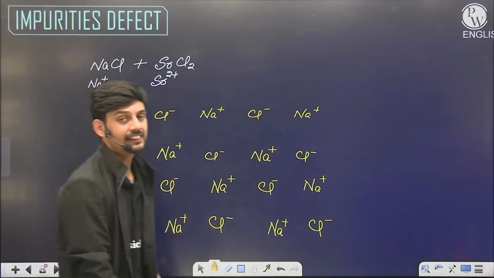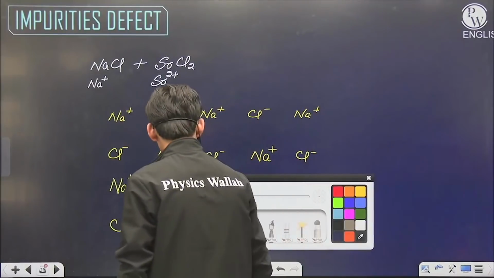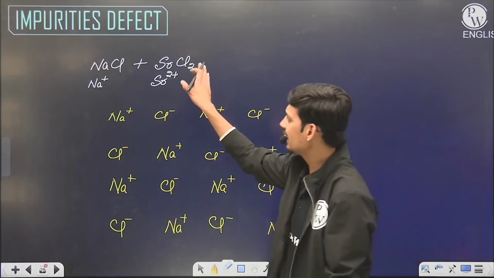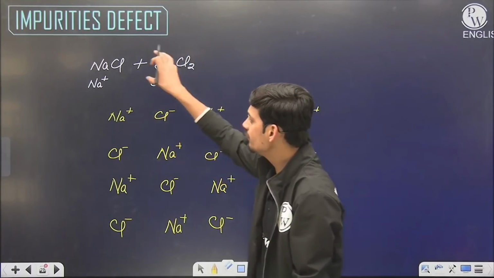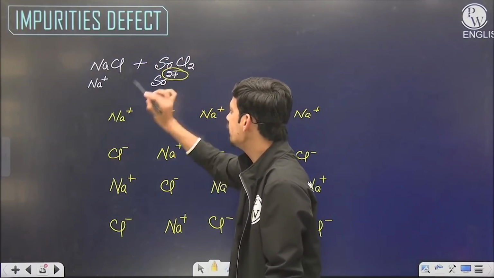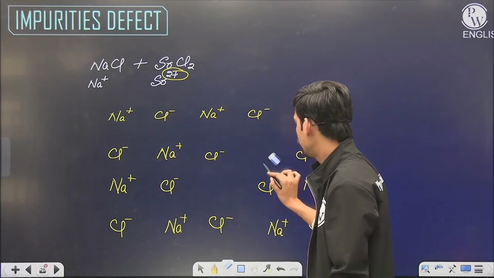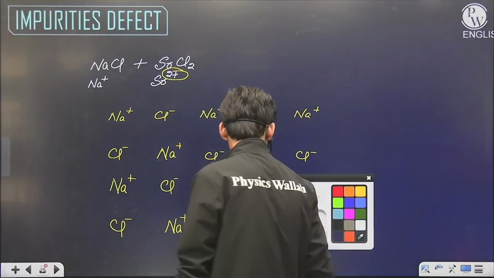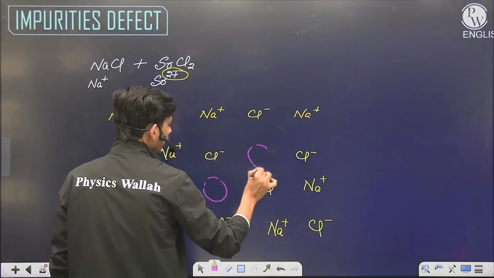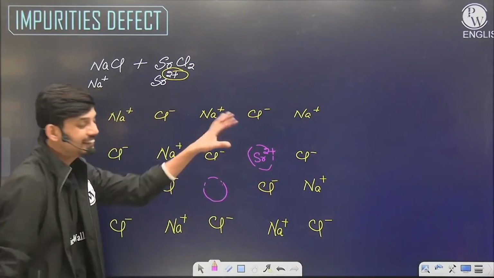So if I form a lattice like this, a pure NaCl lattice. Now if somehow this NaCl has an impurity of strontium chloride, that means the anion is the same chlorine, but some of the Na plus are replaced by strontium. As you can see, strontium is a divalent cation. So if two Na plus are removed from their lattice sites, then only one of these lattice sites will have a strontium ion, because it can balance the charge.